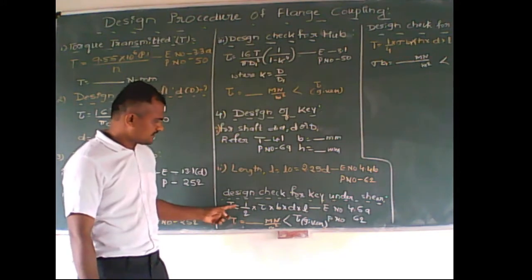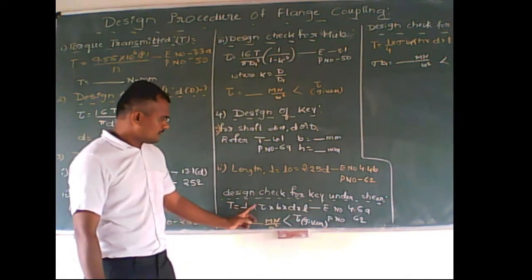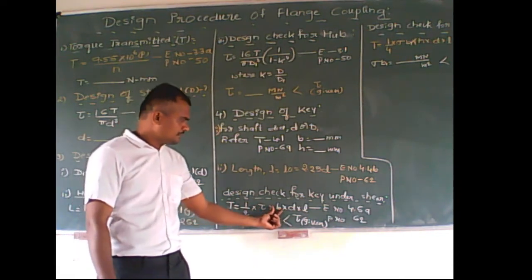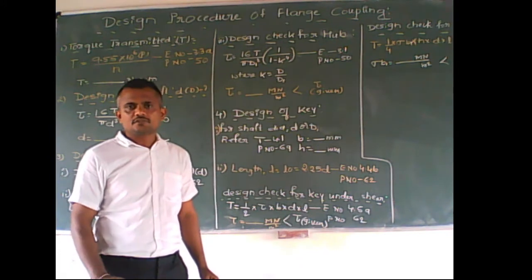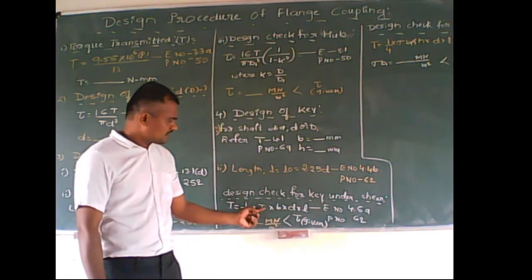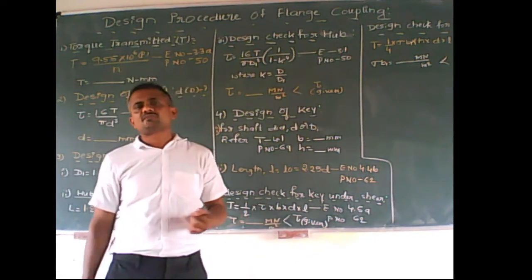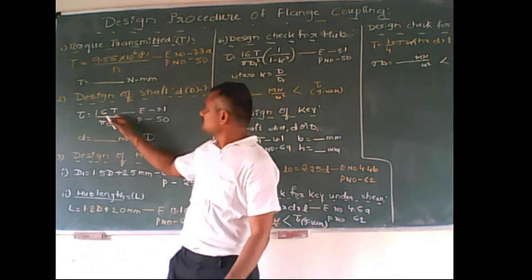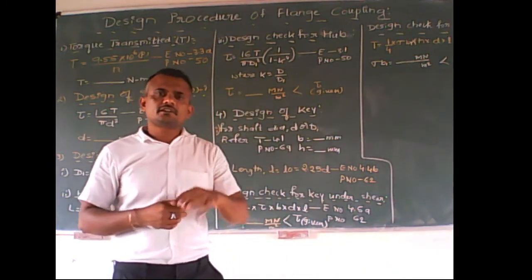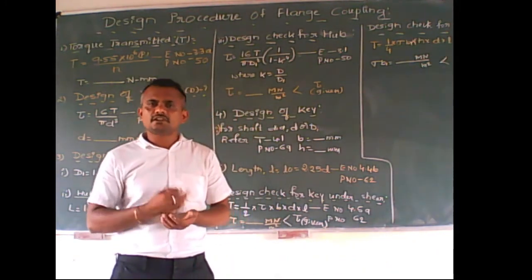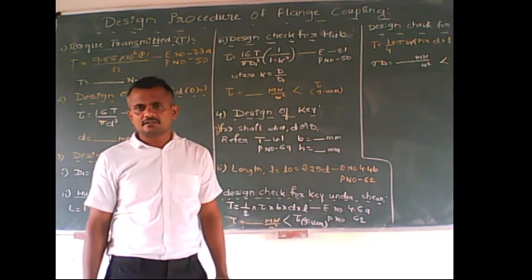Here I can use T is equal to half into tau into B into D into L, and by substituting all this T, B, D, L, here small d means it is a capital D, the diameter of a shaft. Therefore, we have to calculate the tau value here, and it should be compared with the tau value of the key material, which is the same as this value. Why? Because in most cases the shaft and key are made of the same material. Suppose if it is different, then you have to compare with the tau value of the key material.